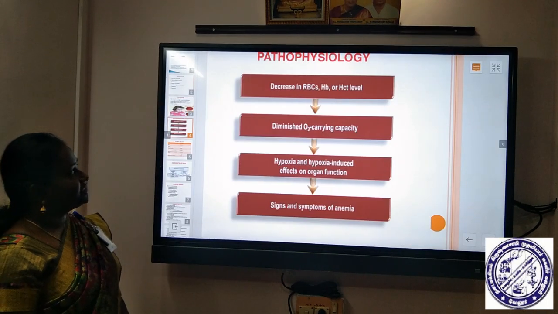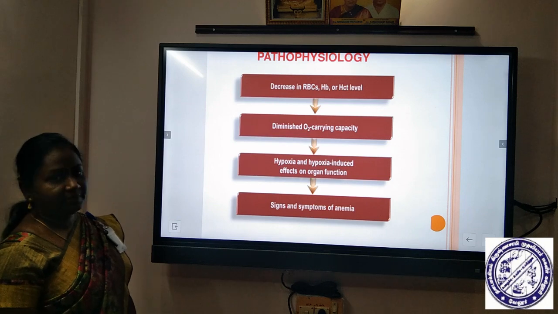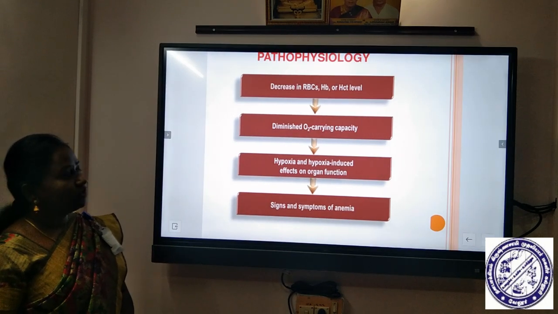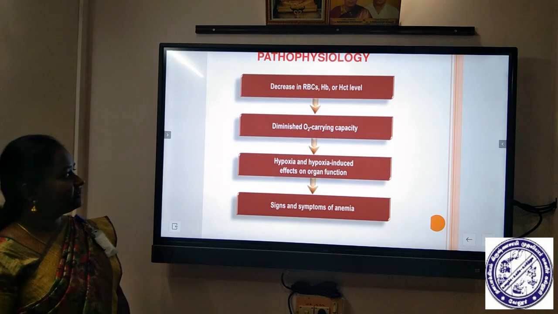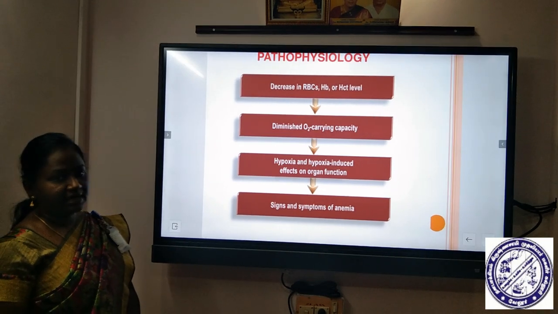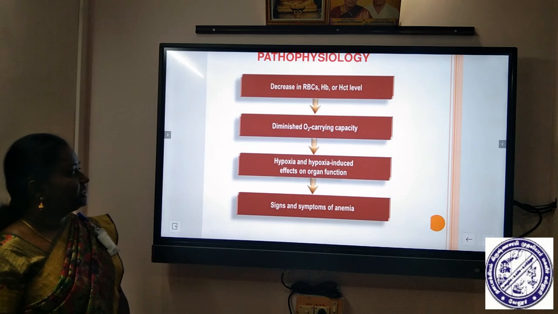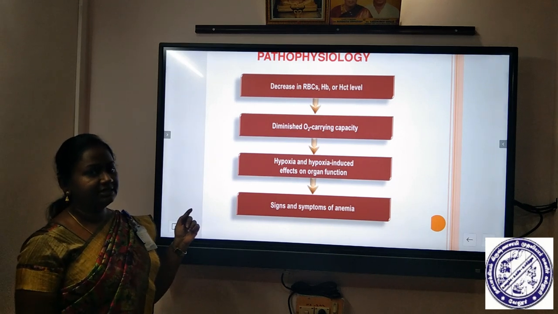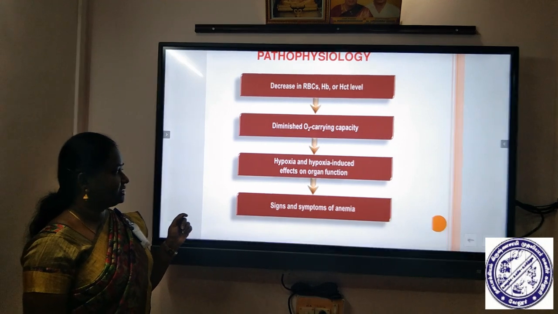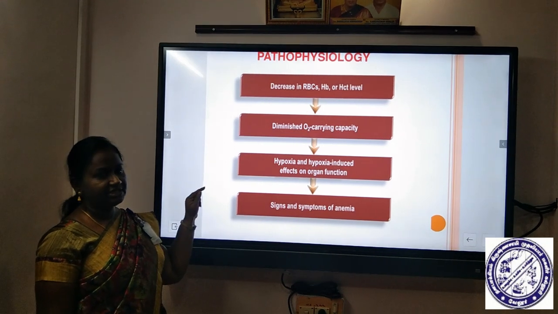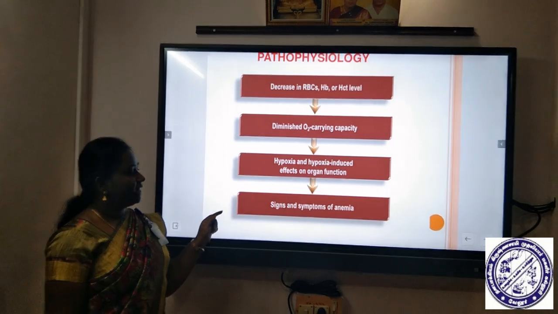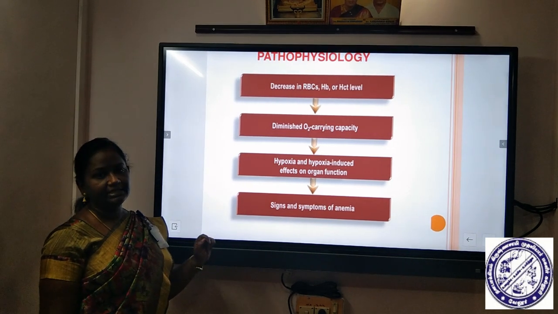Coming to the pathophysiology, it is a decrease in RBC cells or hemoglobin or hematocrit level. While the hemoglobin level is decreased, oxygen carrying capacity will be diminished, resulting in hypoxia. Hypoxia is nothing but the deficiency of oxygen. So if the oxygen is deficient, automatically the organ functions will be affected,